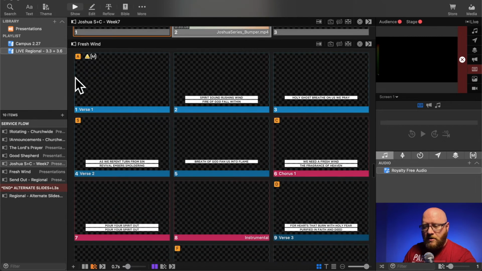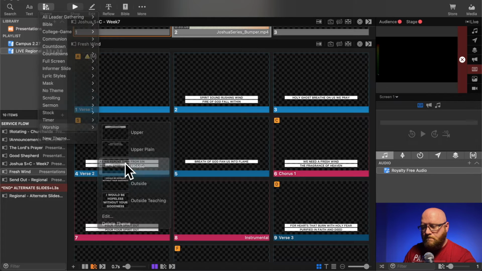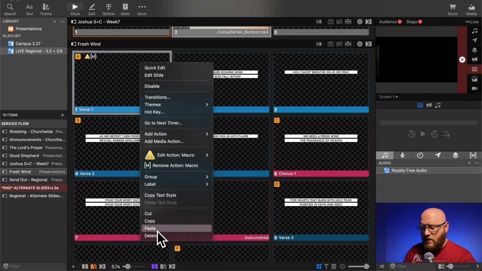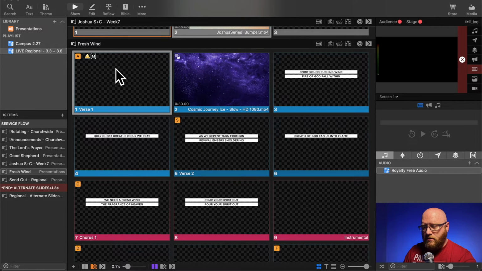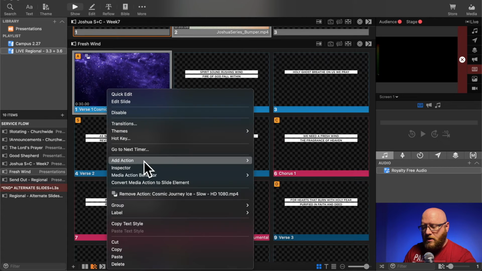After sermon, we come into our next song. So I'm going to, again, select in the sidebar next to that song, just to deselect all slides. I'll go ahead and apply my theme. Okay, and hopefully it's still in my clipboard. I will paste my graphic. Sure is. We'll delete the slide that had the macro, and we're going to go ahead and add an action